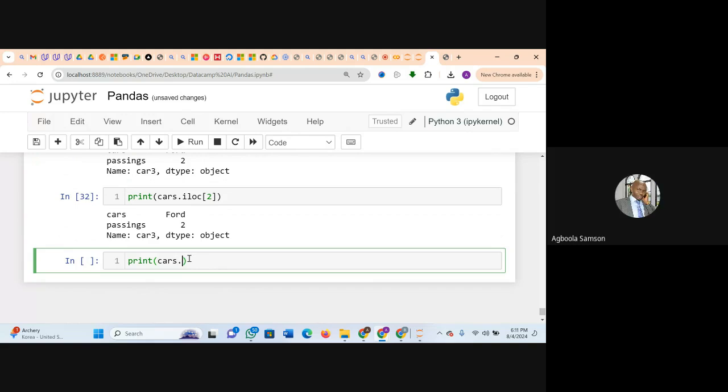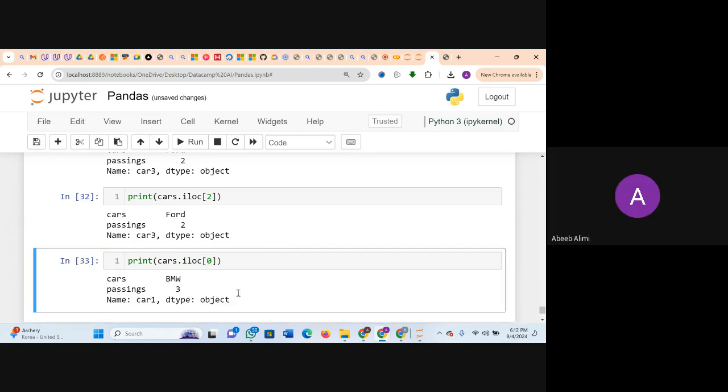Are we using index number or index label? Index number. Dot ILOC, square brackets, 0. Can we print this? Yes. Do you see that we have exactly what we are expecting?